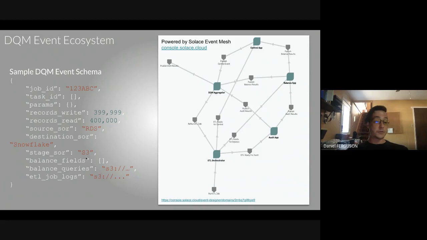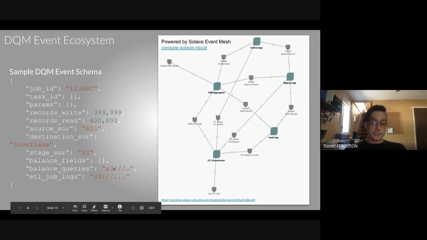It might be worthwhile to store the S3 URL for the staged data. Fields that you want to balance on in particular. Your ETL jobs may pull everything, but you don't want to balance on everything. Maybe you only want to balance on the transaction cost or something like that, or number of widgets sold. That's where you can put, for example, a balance field here and say, hey, we're going to store and balance on exactly this field. I don't really care about widget name so much. I really care about widget ID and widget count, not necessarily widget description.